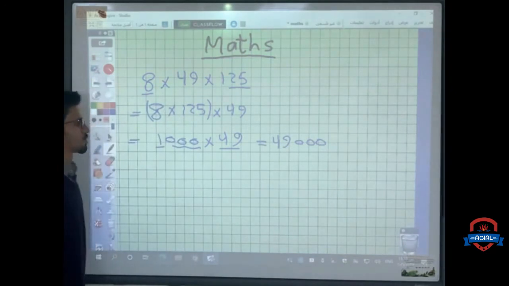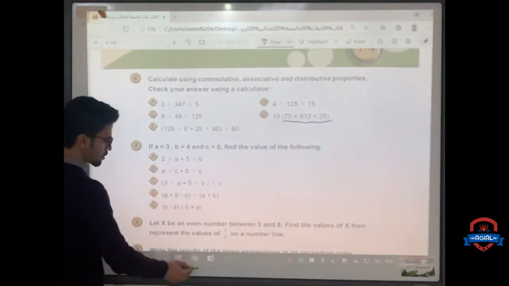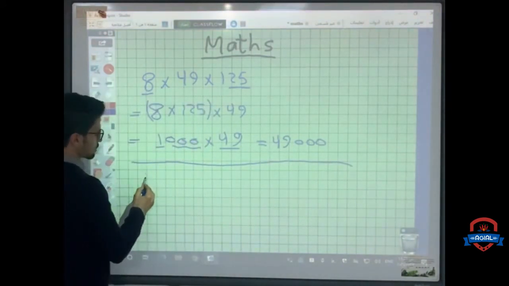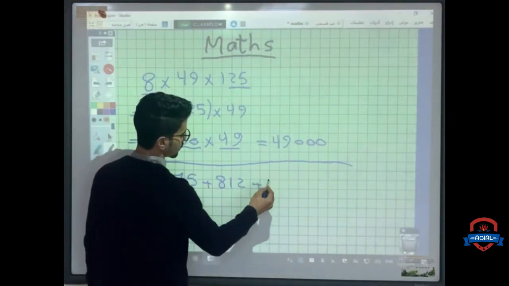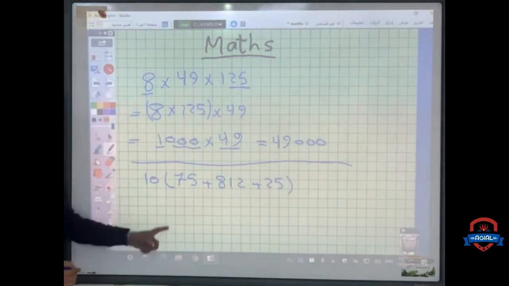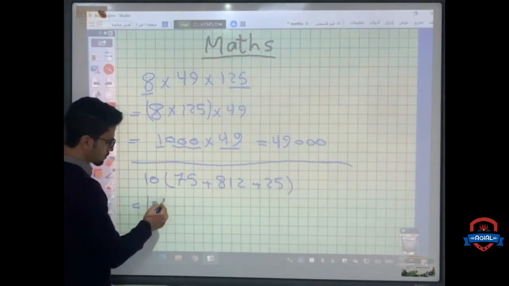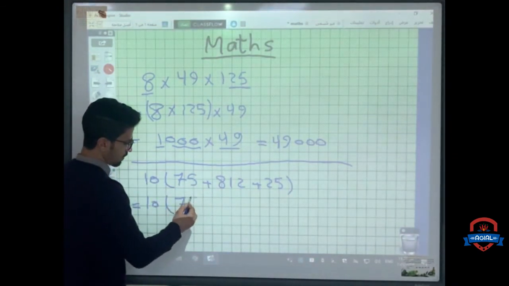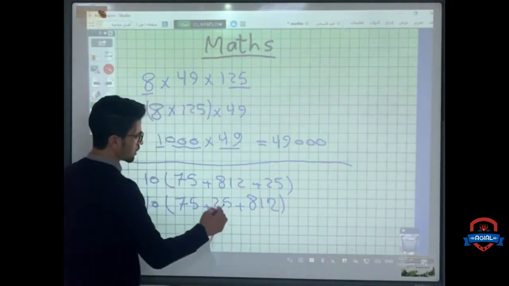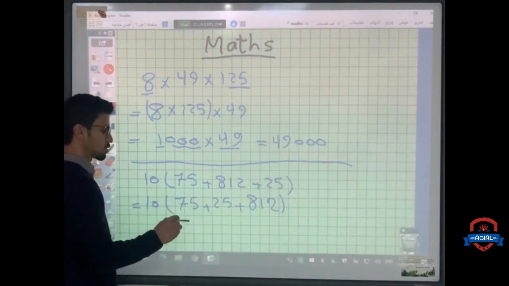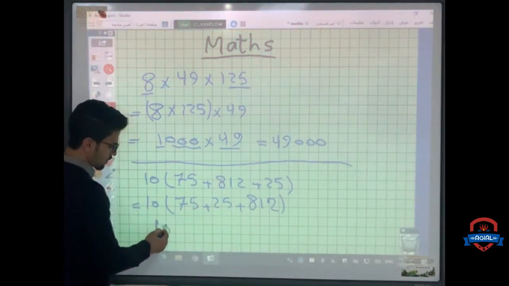So we have 49,000. And in letter D, we have 10 times 75 plus 812 plus 25. And we notice that 75 plus 25 equals 100. So that's equal to 10 times 75 plus 25 plus 812, and this is the commutative property in the addition. And using the associative property in the addition, we have 75 plus 25 equals 100. So we have 10 times 100